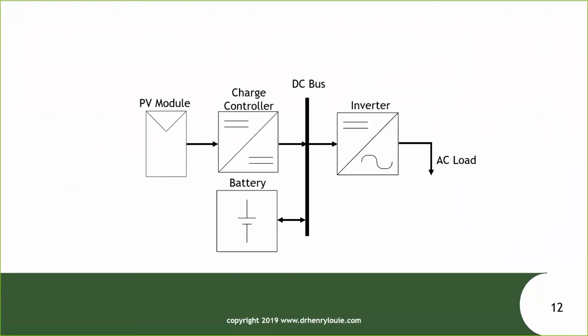And that DC bus is going to have a nominal voltage, usually of 12, 24, 48 volts. And in very, very large systems, it'll be higher than that. But it's rare to see anything higher than a 48 volt system if you're talking about a 5 or 10 kilowatt installed capacity. So typically we're in that voltage range. And of course you would want a higher voltage with a higher powered system. It keeps your cables smaller and you'll have fewer batteries in parallel.